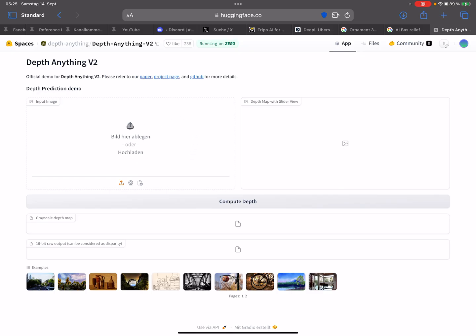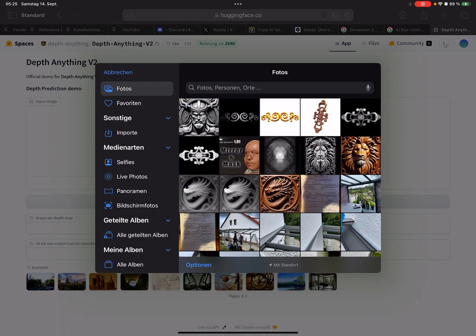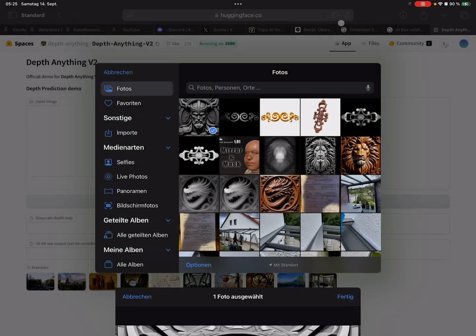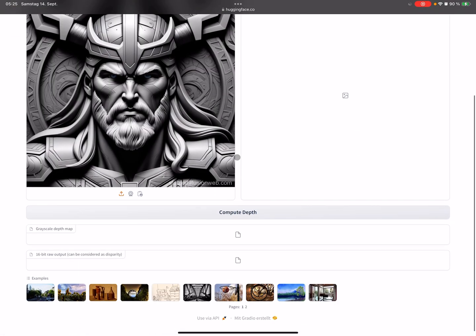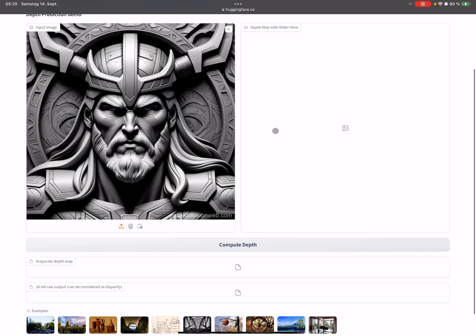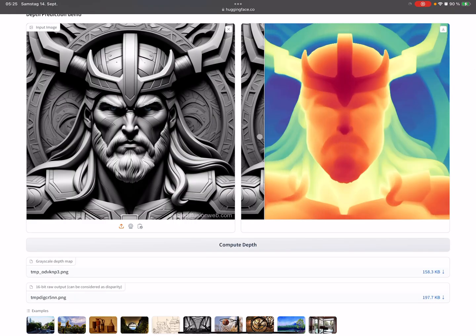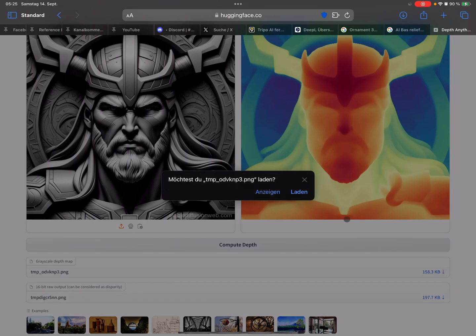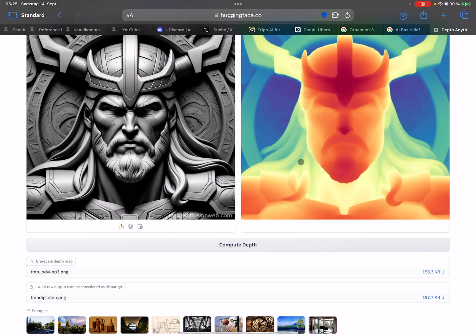And here you can upload your image. So let's pick this one here. And here press compute depth. So this is before, after, and here you see there's a grayscale depth map. So here press on this button and load it or download it, and then